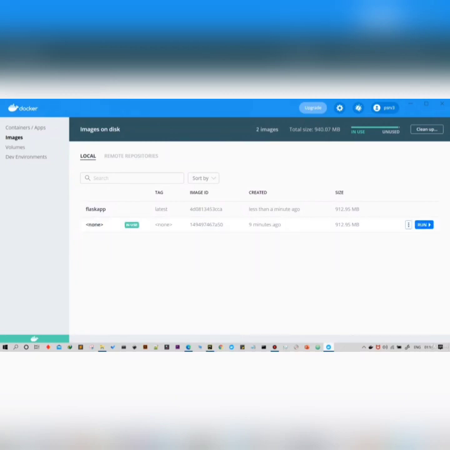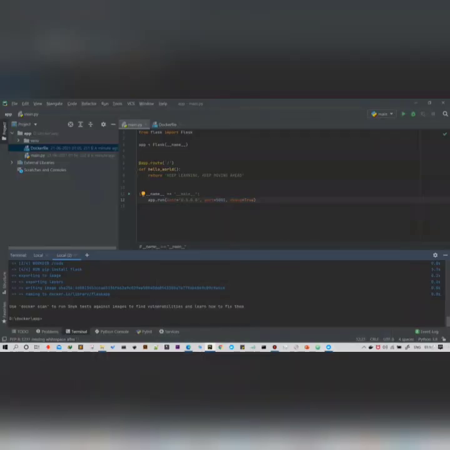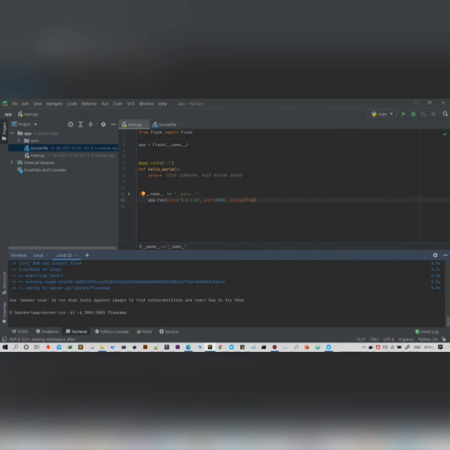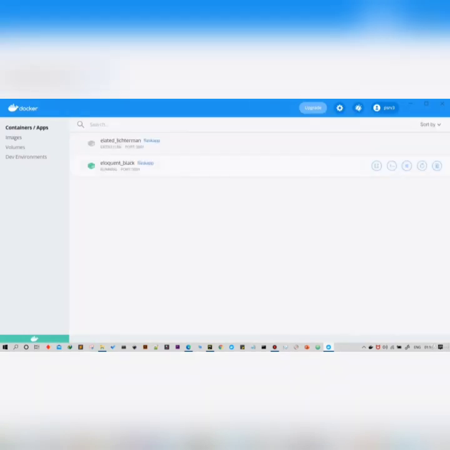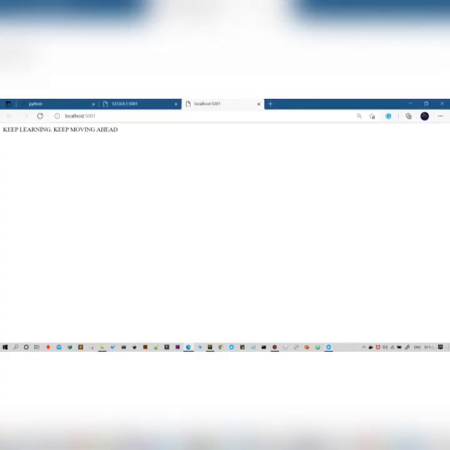Either you can write the broadcast IP there, but it's okay to use this one. Okay, so our application is now running. Now I'm going to run this command again, and you can see here there is a new IP, that IP which I'm talking about, and it will now open our application which is running inside that Docker container.